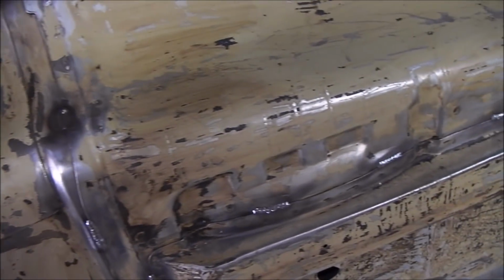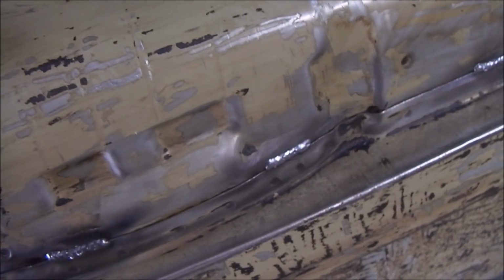I've gone all along the bottom, across most of the seams, along everywhere on the chassis rails, and then up near the bulkhead. So yeah,